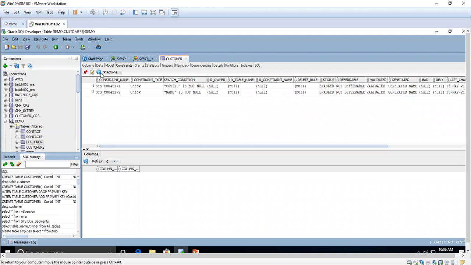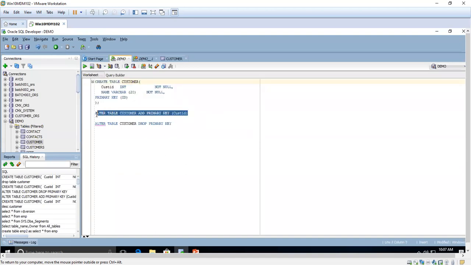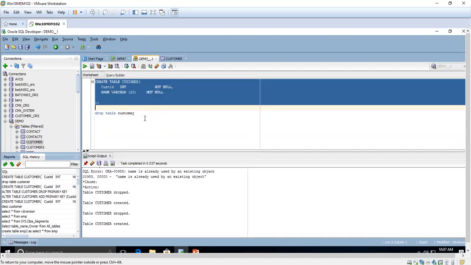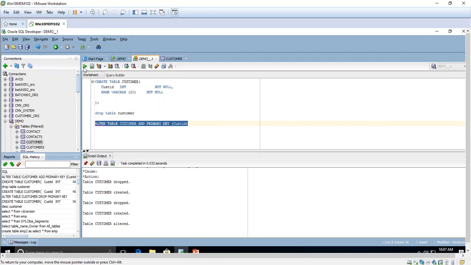There is no primary key available. We have created a table without primary key. Now the table has been altered.